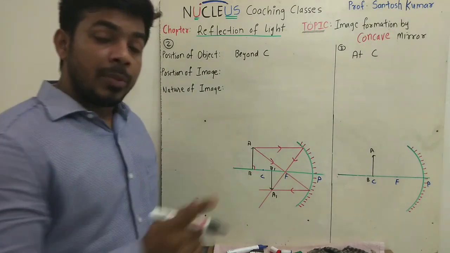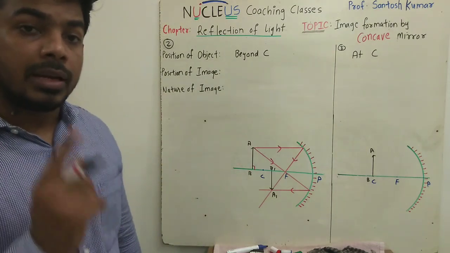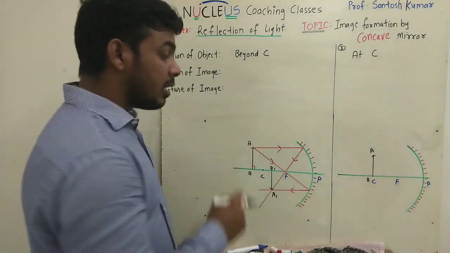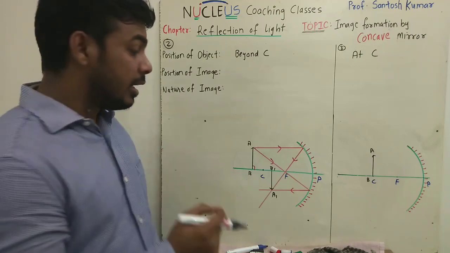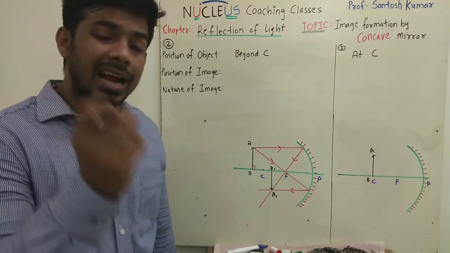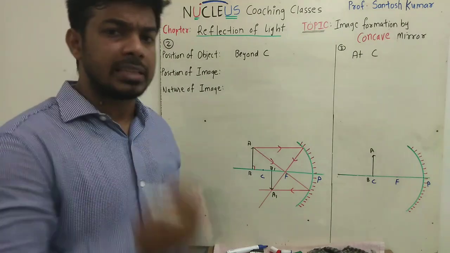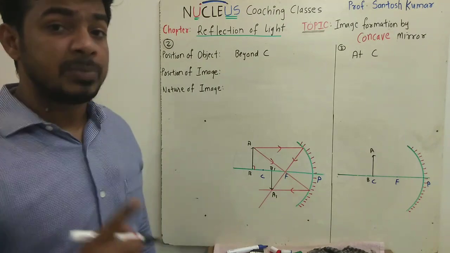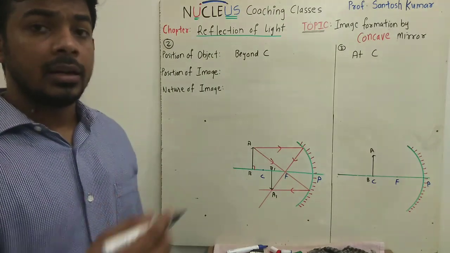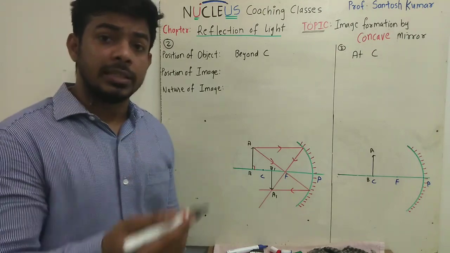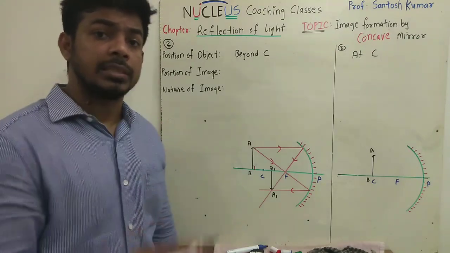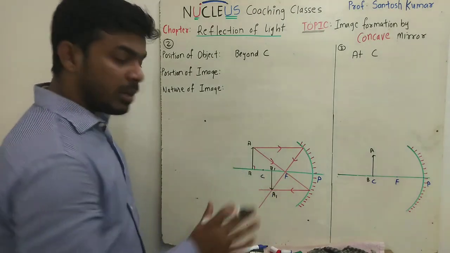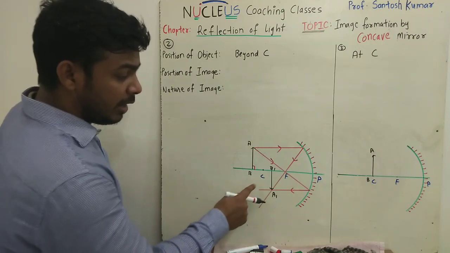We have used, remember, only 2 rules to draw the ray diagram. Remember, all 4 rules can be used simultaneously, but the diagram will be very complicated and you might not get the image at the same point, even due to some fractional error. So remember, use only 2 rules unless it is specified a given rule, that draw the image using the rule passing through C or passing through F or passing through P, or you can say passing parallel to principal axis, right? So here I have obtained basic 2 rules to get the image,